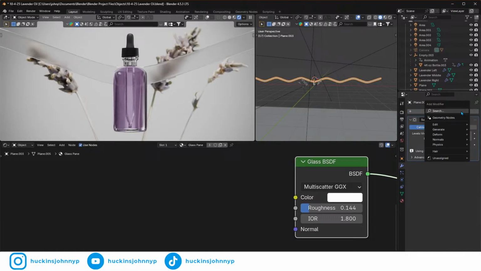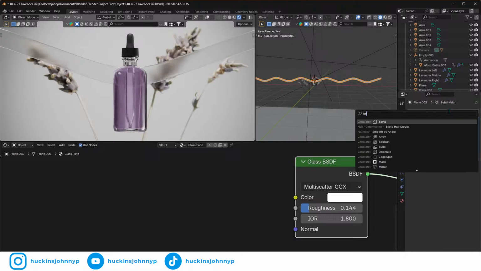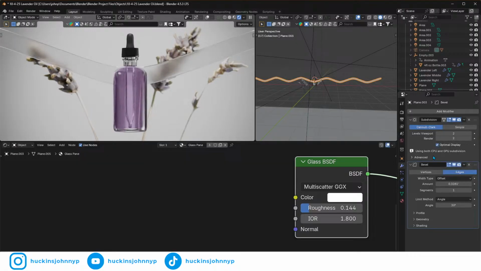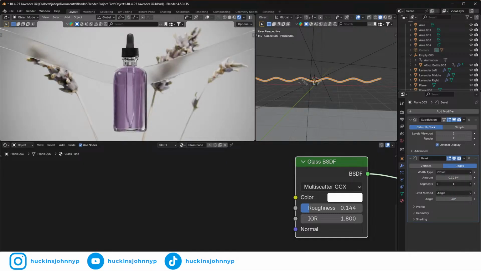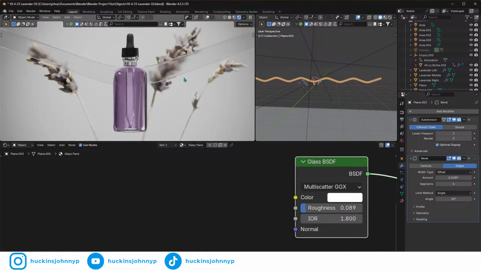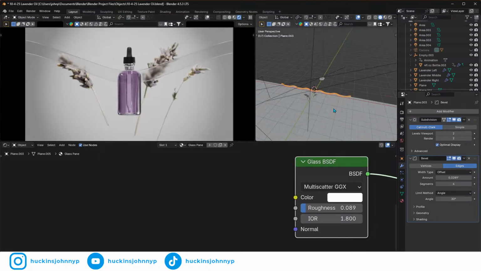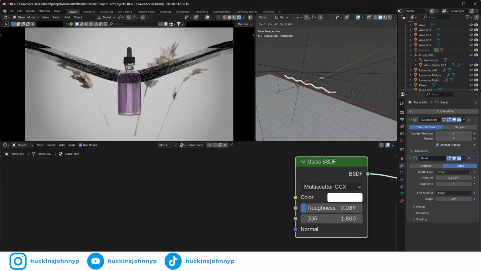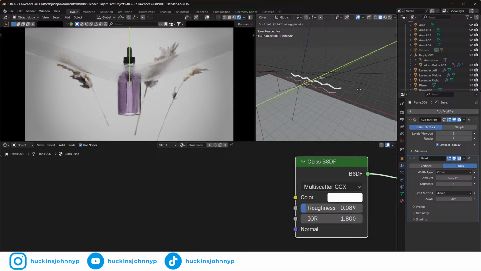Now we can also add in a bevel modifier to kind of help with this, and we can set that to like 4. And if you don't like that roughness, you can make this more transparent, right? But I really like the way that that's looking. And then what I'm going to do is Shift D, bring one further back,